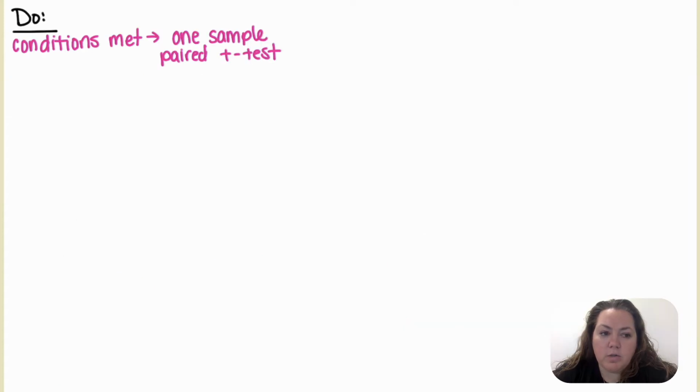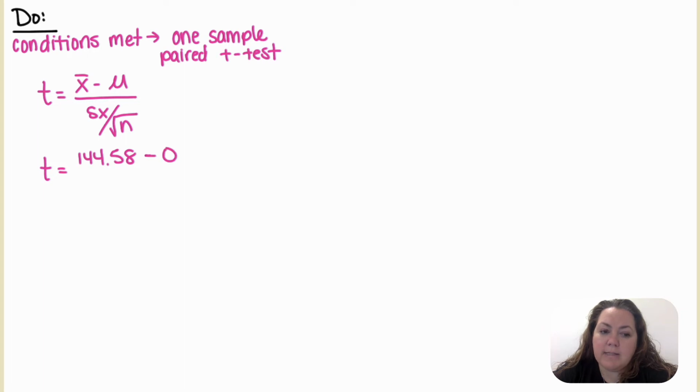We're going to say what test we're doing. So we are doing a one-sample paired t-test. T is equal to x bar, my sample mean, minus mu, my population mean, divided by my standard error, Sx over the square root of n. So T would be